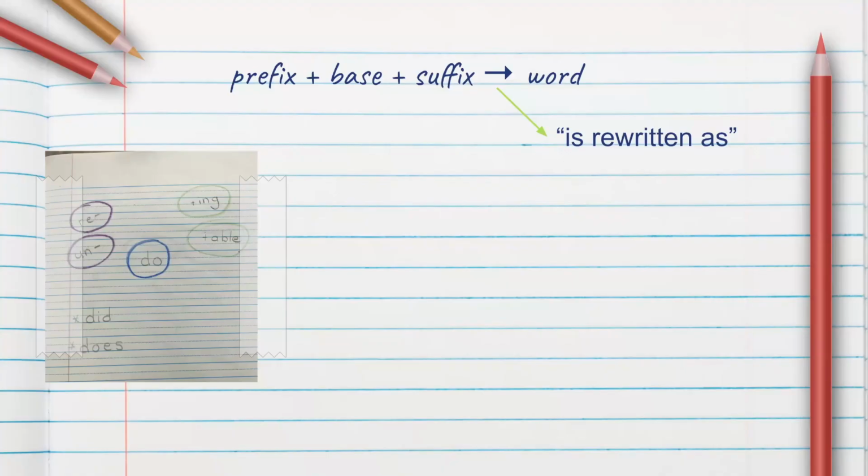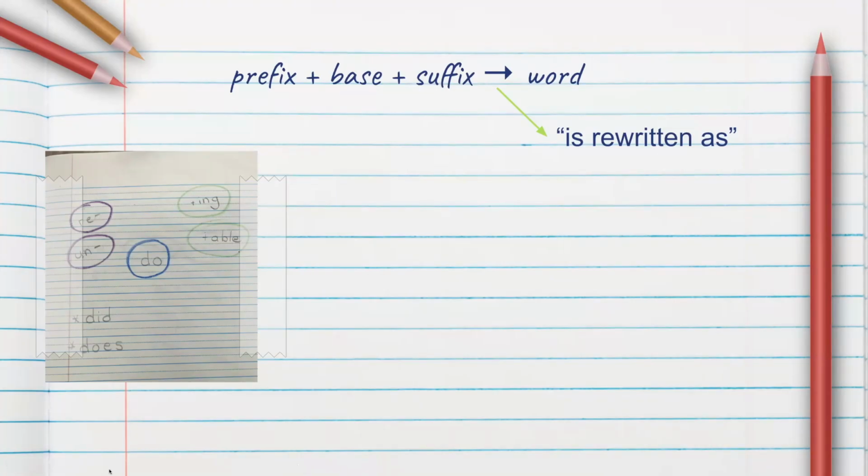So your suffixes are actually at the middle and the end. So we just have to be mindful of that language. When you get to the arrow, we say "is rewritten as." So basically, when you take these parts, it's rewritten as this word that we know. So it's essentially talking about the whole spelling process